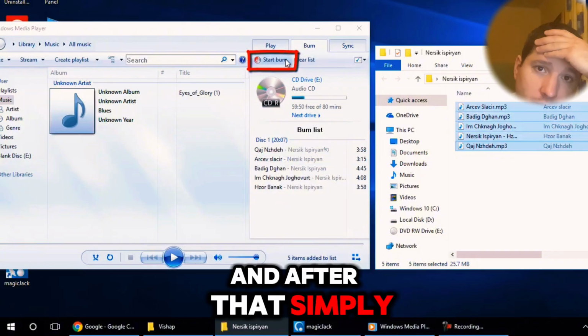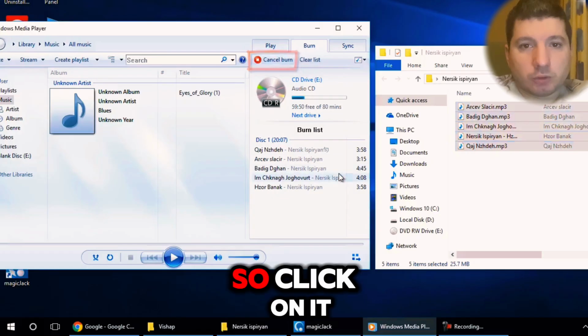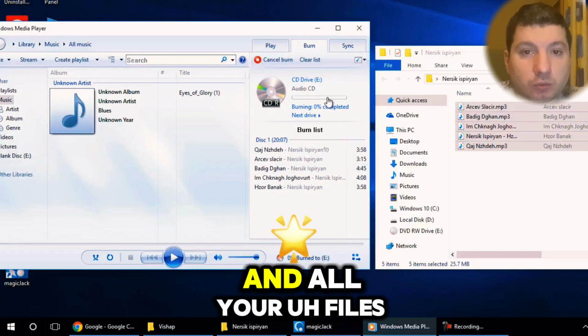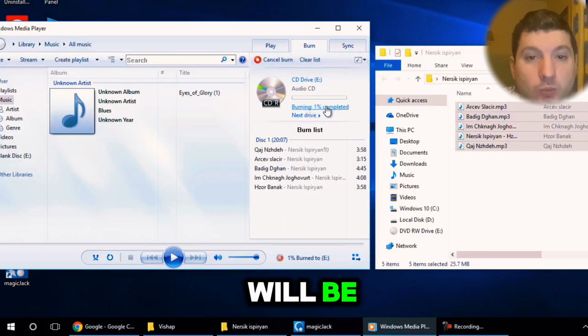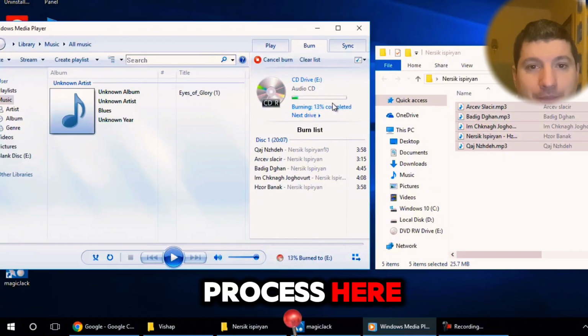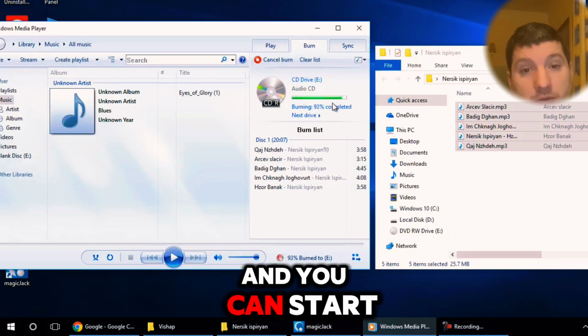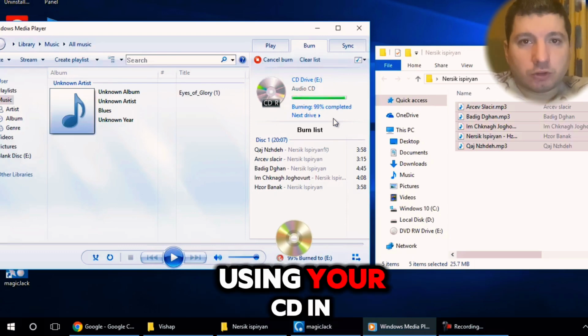And after that, simply click on Start Burn. So click on it, and all your files will start burning. You can see process here, and after that, everything will be completed, and you can start using your CD in your